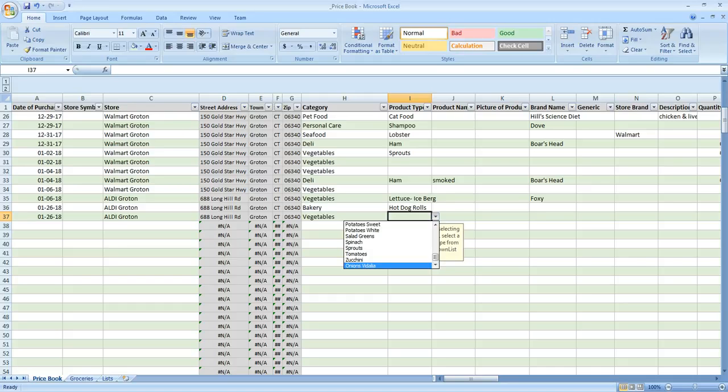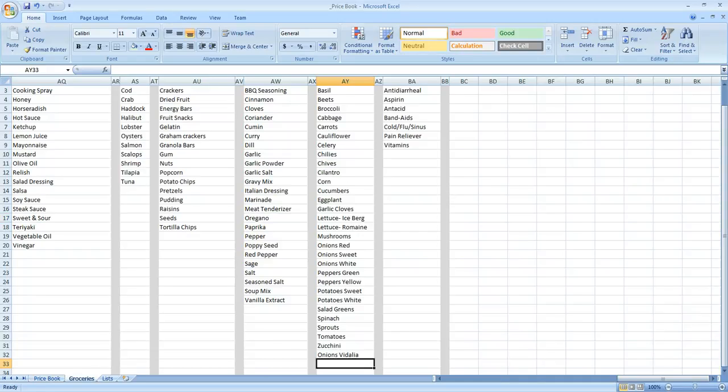Now, it's starting to get out of order alphabetically though, right? This is not going to be good as we add more and more products. We're not going to want to do it this way. We're going to want to keep those alphabetized. So how do we do that? Back on the groceries tab,